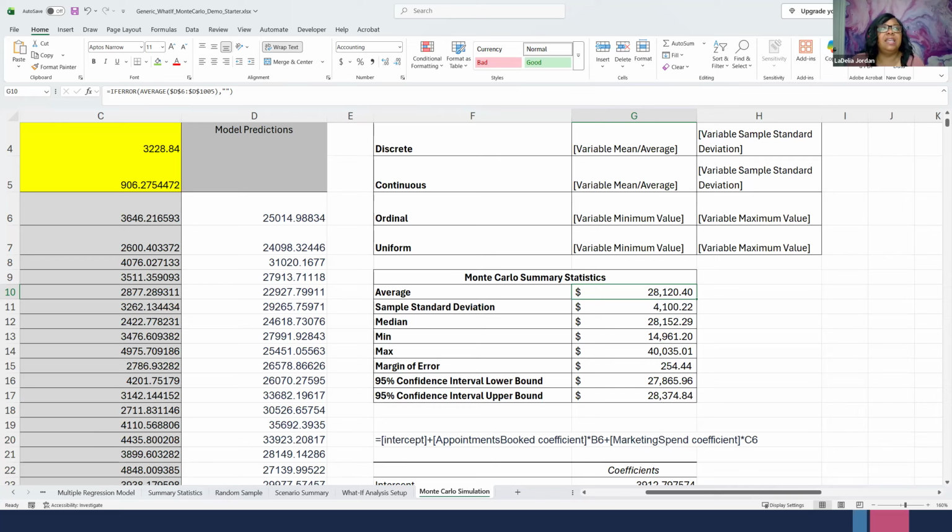baseline, but the standard deviation is about $4,000. And this shows us a meaningful amount of spread in the simulated revenue predictions. The simulated results range from about 14,000 to $40,000, and values near the center occurred more frequently, while results near the minimum and maximum occurred less often. And so our confidence interval ranges from approximately